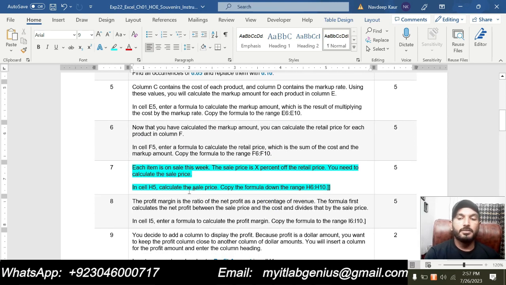Step number 7 is, each item is on sale this week. The sales price is X% of the retail price. You need to calculate the sales price. In cell H5, calculate the sale price. Copy the formula down the range H6 up to H10. So basically we are supposed to calculate the sales price, and that is the X or 10% of the